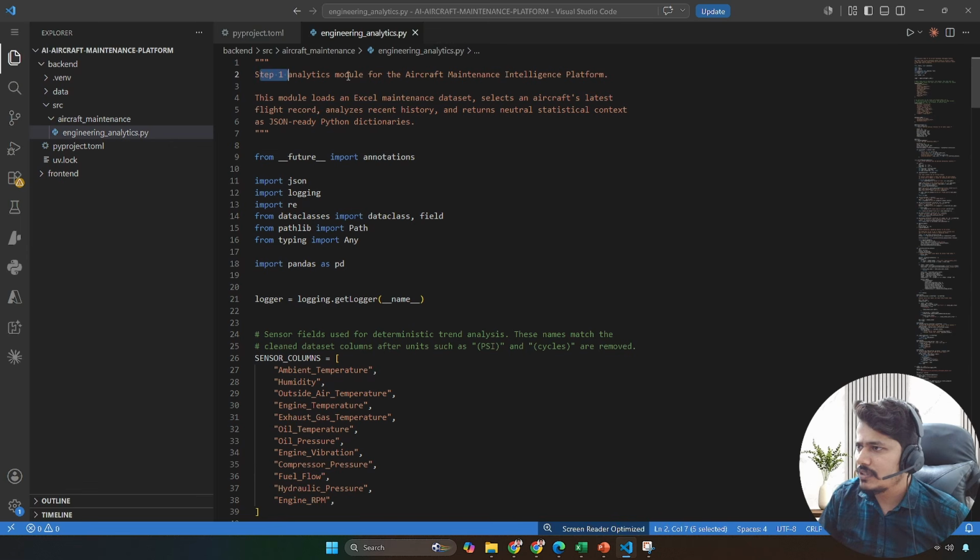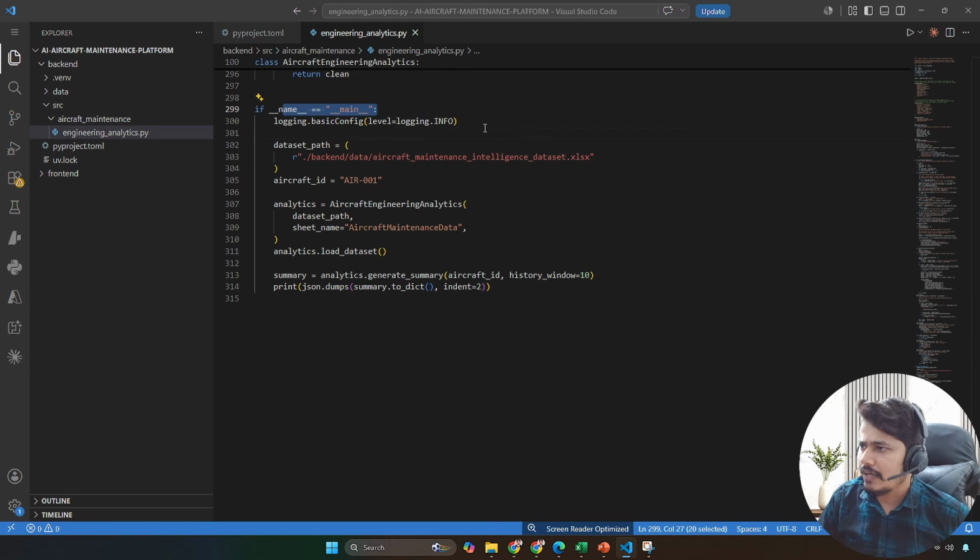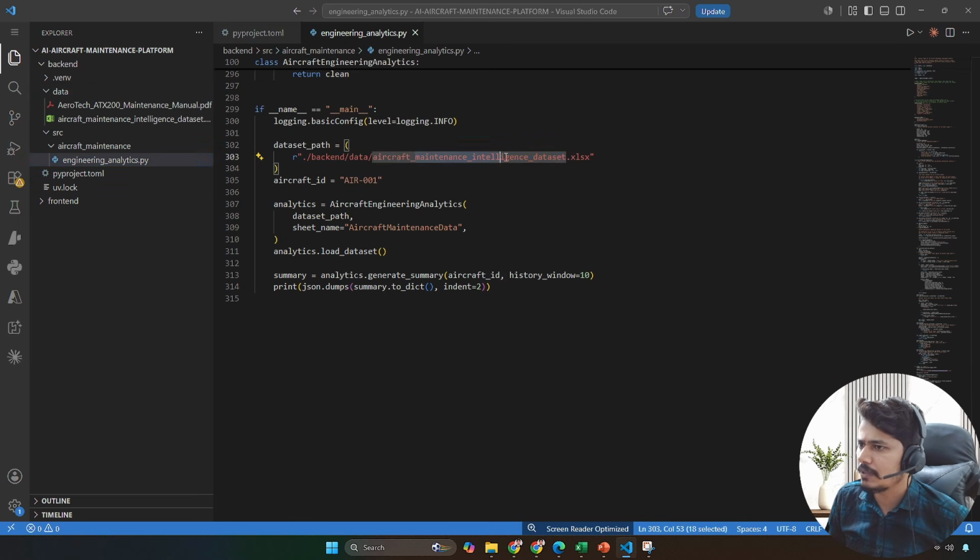Okay, so first of all, step one is the analytics module for the aircraft maintenance intelligence platform. This module loads an Excel maintenance dataset, selects an aircraft's latest flight record, analyzes the recent history, and returns a neutral statistical context as JSON-ready Python dictionaries. So pretty simple. We have done some imports, and without confusing you, let me take you to the main function. In the main function, I have given the dataset path as .backend. Under backend, there is a data folder, and from the data folder we are reading this particular file,